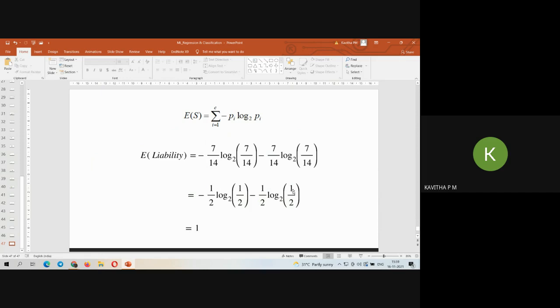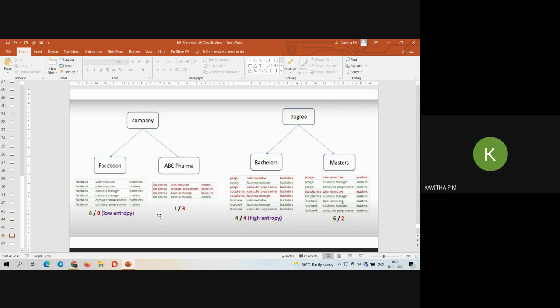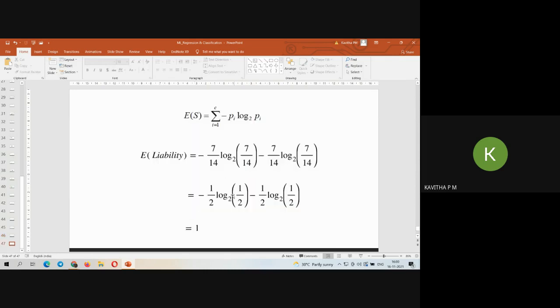Okay, so here we do have E of S. S stands for the solution which we opt. Let me explain this formula in detail. Here you can identify P of I log 2. What happens is we'll be identifying the value, so here we got the entropy value, right? 6 out of 0, 1 out of 3. These things are denoted here. This is actually P of I. Based upon the logarithmic value we solve it and we get